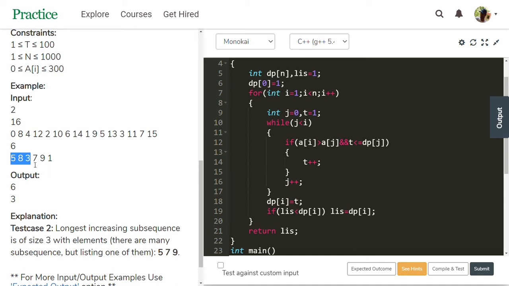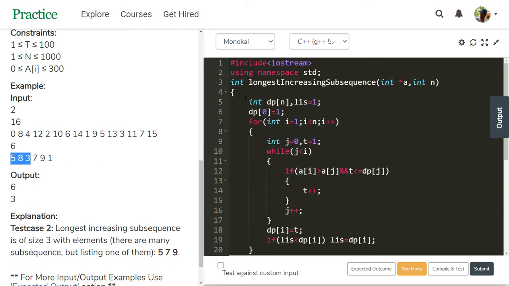You will get the idea about this code by taking these 3 elements. So assume this is a separate array of size 3, and the elements are 5, 8, 3. See how our code will work.